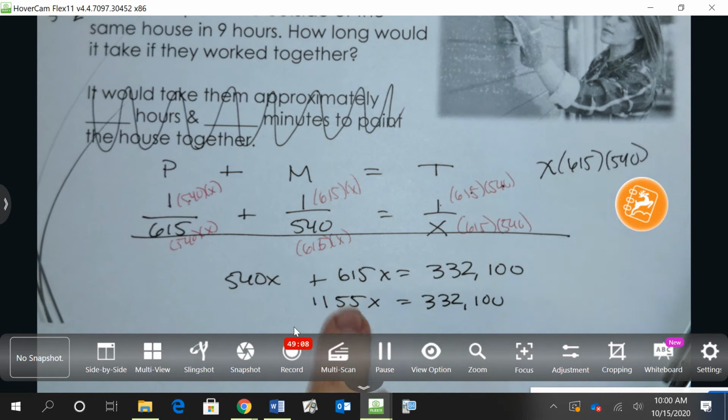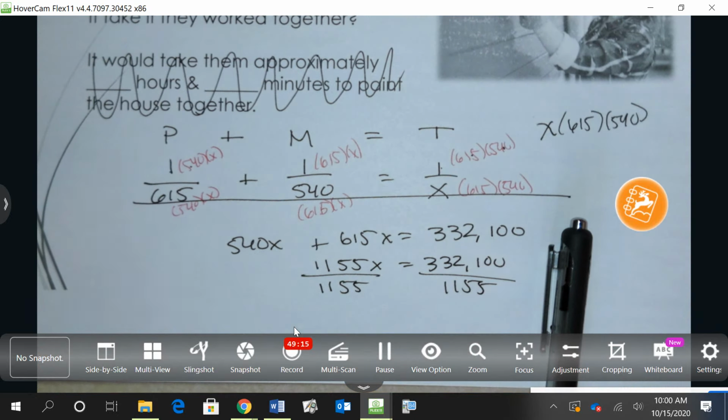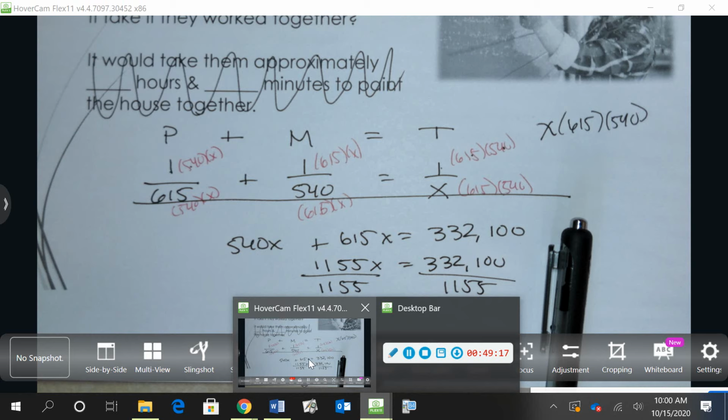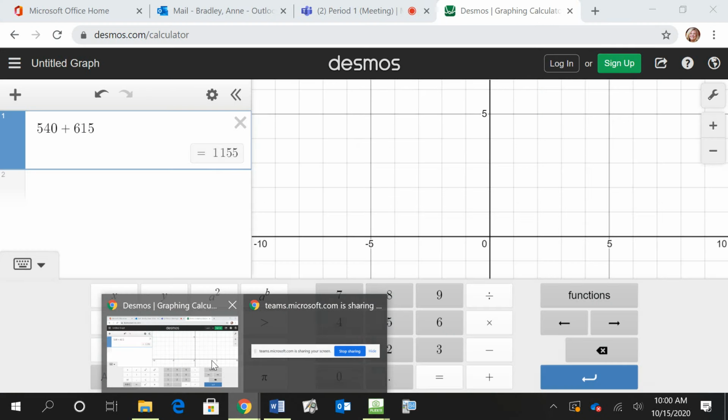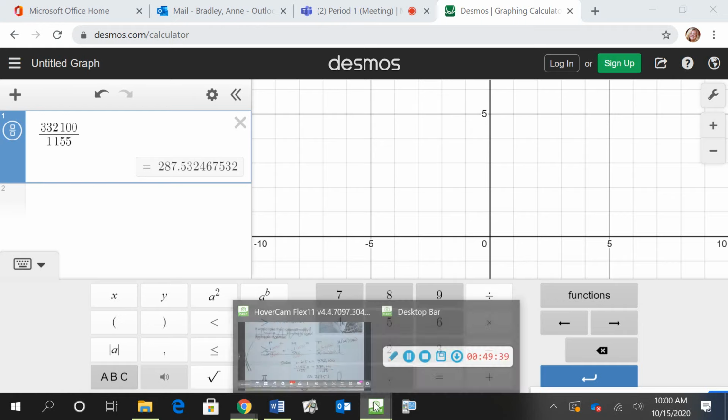And now to isolate the X, I'm going to divide both sides by that value. And let's see what we get for an answer. Maybe an approximation, maybe not an exact minute. So that divided, oops, excuse me. All right, so I'm going to write down on my paper what this is approximately. And then I'm going to go back